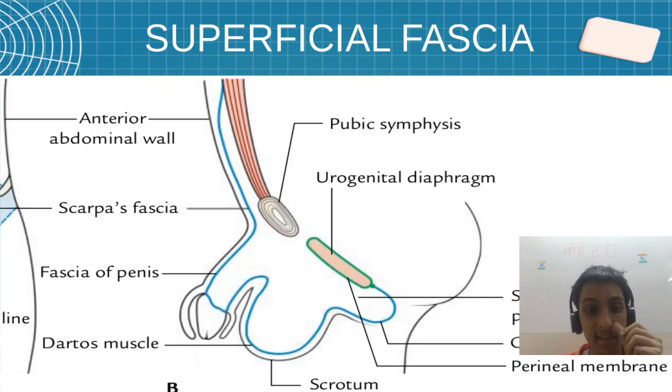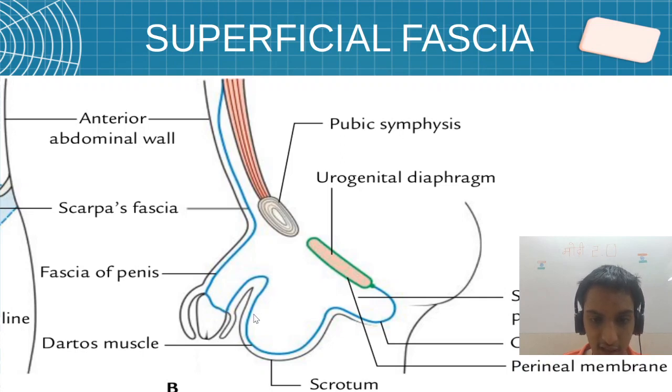So please remember this point that Scarpa's fascia will be the membranous layer, the fatty layer will be the Camper's fascia. Okay. So let's see the parts first. This is the pubic symphysis, and from here there is some muscle which will attach here. So from there the Scarpa's fascia will start. So like this it will go. Okay, the Scarpa's fascia, then it leads to the penile fascia or the fascia of the penis, or you can write it as Buck's fascia also. This will cover the penis.